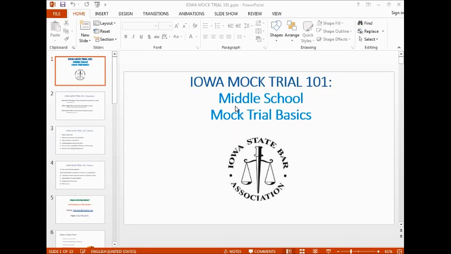If they really can't, if they just don't have the time, if they're involved in sports or choir or band or drama, some kids just don't have enough time to have parts on both sides of the case, and that's not a bad thing. They're still a valuable member of the team. But that's an easy way to divide up parts in a way that they will appreciate and will be fair.